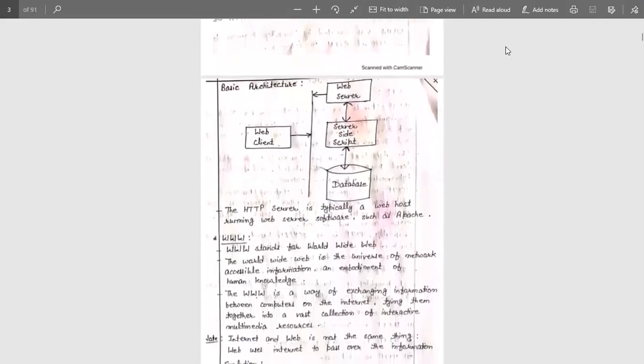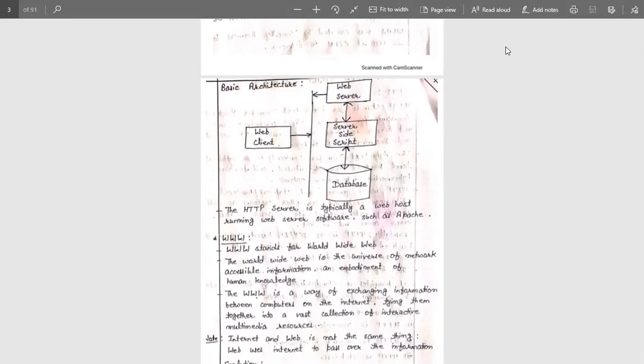It is a web client, web server, server side script and a database. Web client means the person who is sending the request. It means when I am sending any request through the browser, then I am acting as a client. And the server is the part, with a database, that helps get back to us with the solution of our query.